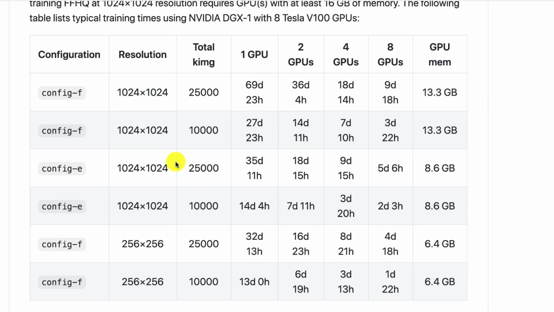And will it train twice as fast? Let's go back to this chart. Notice the training times here. To do the state-of-the-art StyleGAN faces, 8 GPUs takes 9 days. I mean, this is heavy-duty GPU training to truly build the state-of-the-art face GAN. But look, it scales pretty linearly. 4 GPUs took twice as long, and then it doubles, and then pretty much doubles. So this is nice scalability.